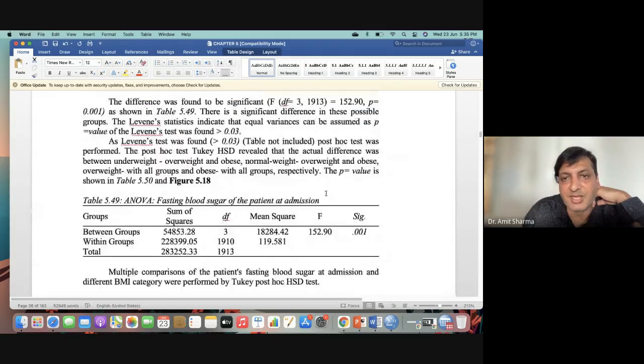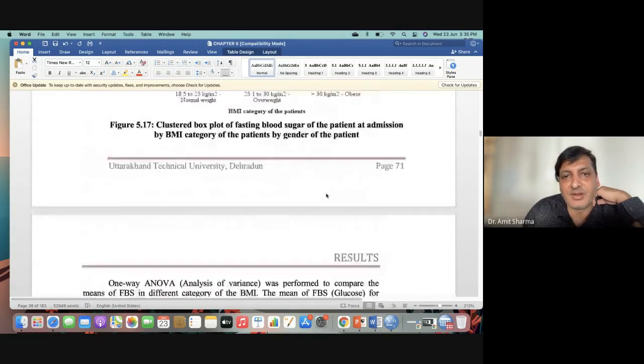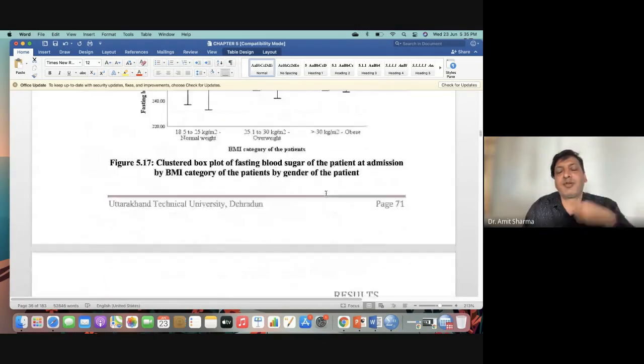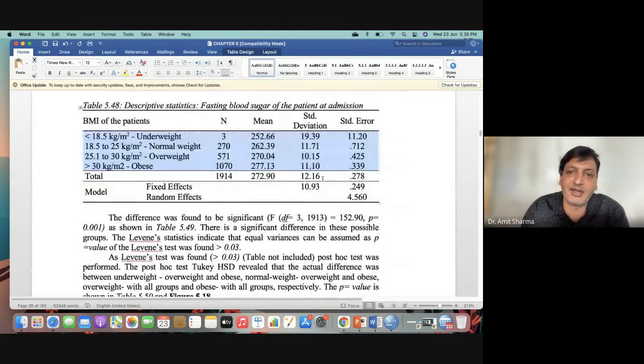So you have to study the guidelines of your university or the research paper where you are going to publish. They have mentioned in what format the table should be made, and you can do all this formatting in SPSS. You can give a command in SPSS, so all the tables which will be generated by the software will be according to the format recommended by your university or your journal.